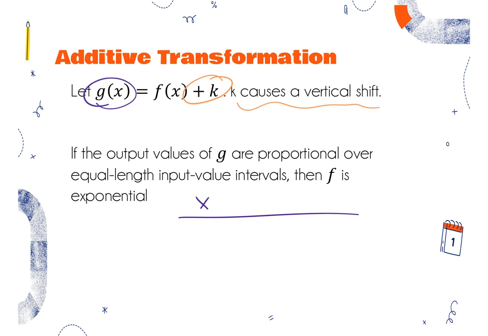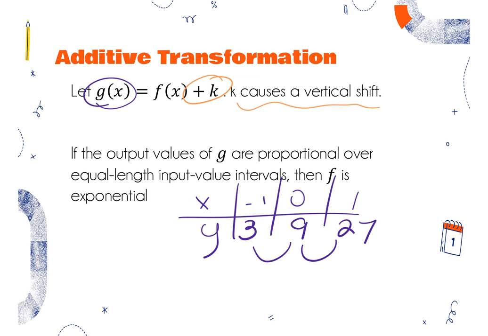And if we look at our input, like if it was -1, 0, and 1, and our output was, well, I'm going to give something easy, 3, and then 9, and then 27, if the output values are proportional, then the original function had to have been exponential. Okay. So that carries through to a transformation that is just shifted up or down. If the shifted function is exponential, then so is the parent function. Not necessarily the other way around. We good? Okay, so